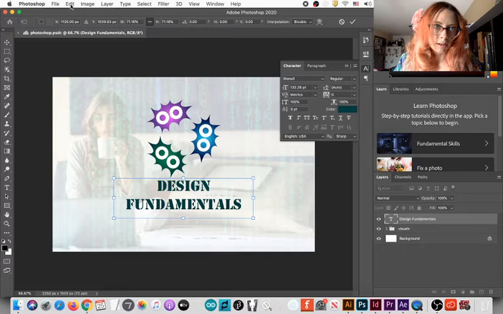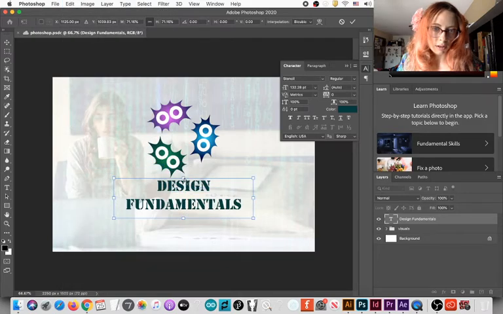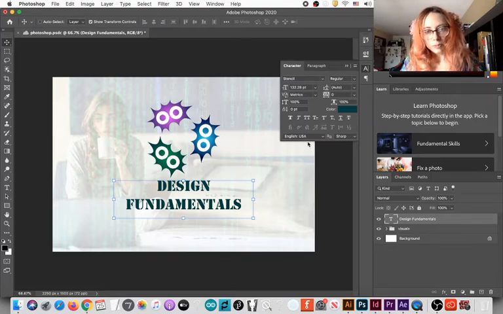Go to Edit, Transform. All these allow more sophisticated ways of working with text. Okay, so that's a cool thing to do with Photoshop.